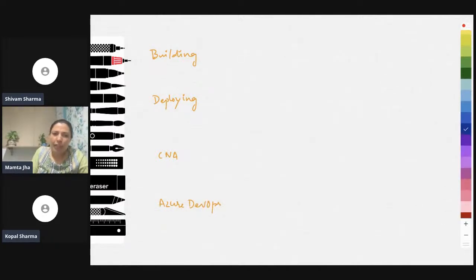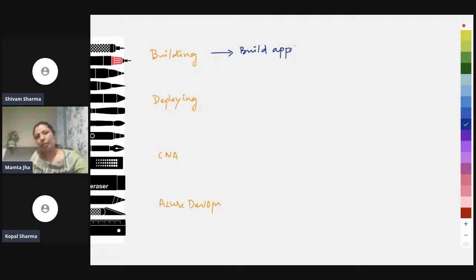So here, when we say build, because we are talking about a containerized application, the building would be of two types. I would first build my app. If we have a .NET application or a Java application, in those cases, building the app produces an executable.